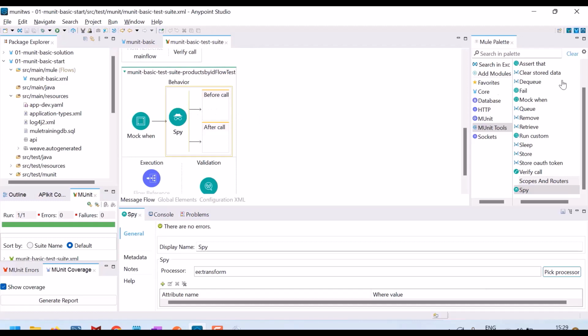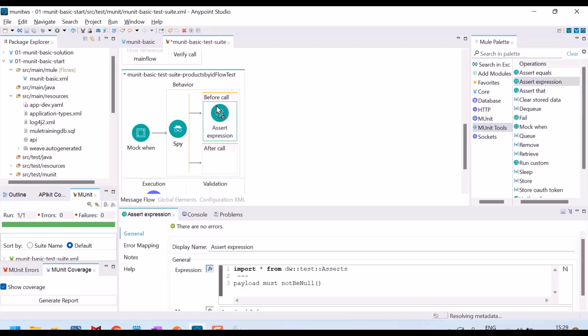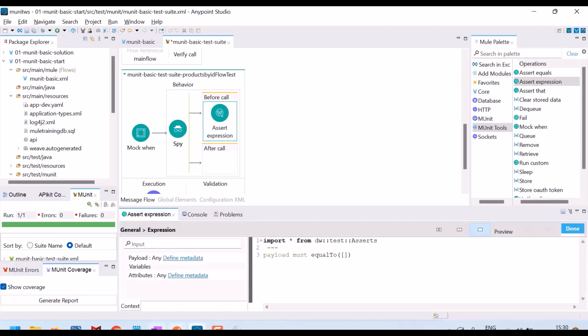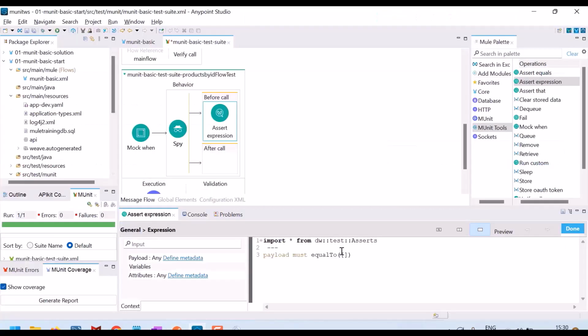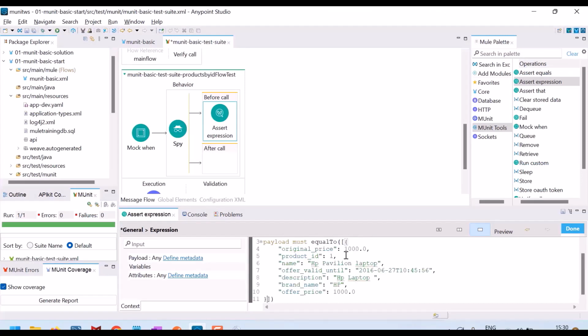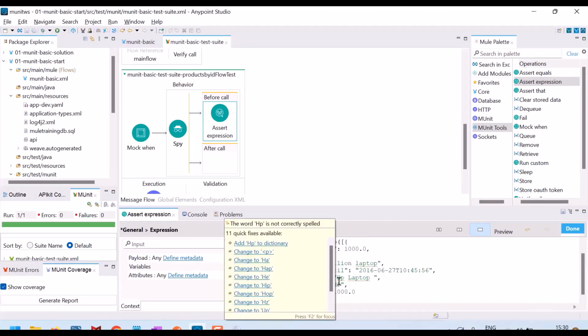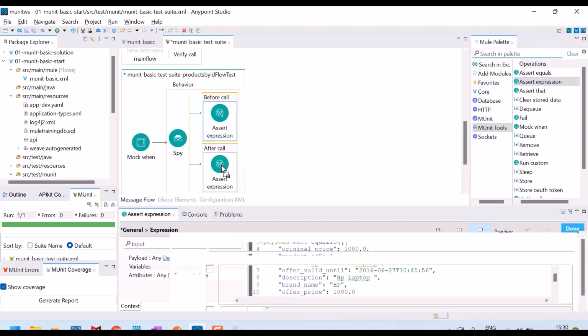Now, what do you want to assert before call and after call? So I will write an assert expression. Before call, payload must equal to array. From database, I am expecting an array. Array of what? I'll maximize. This is the JSON I'm expecting. Before I'm expecting array which contains this one, and after I'm expecting